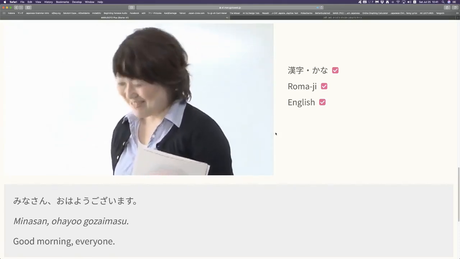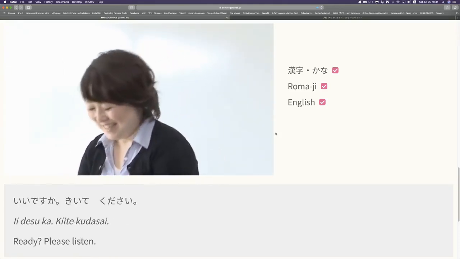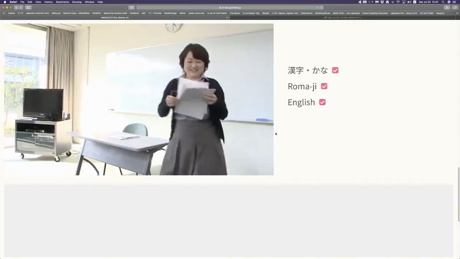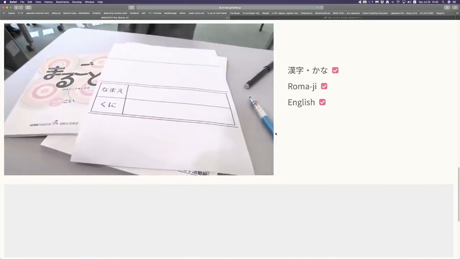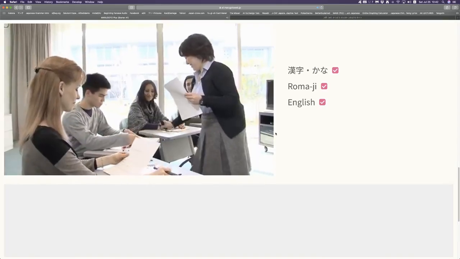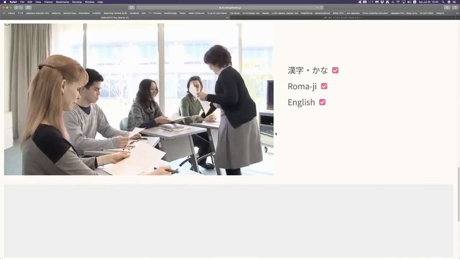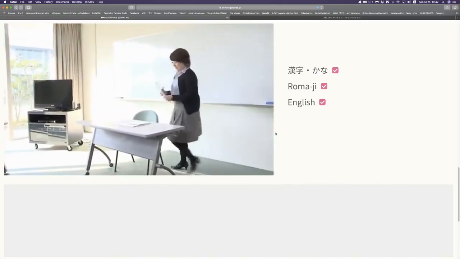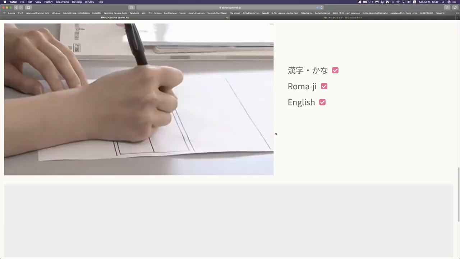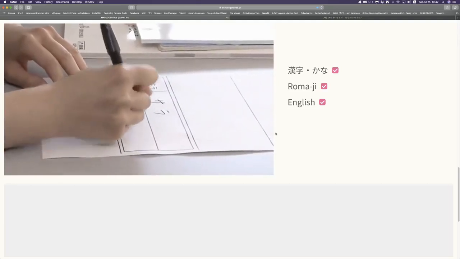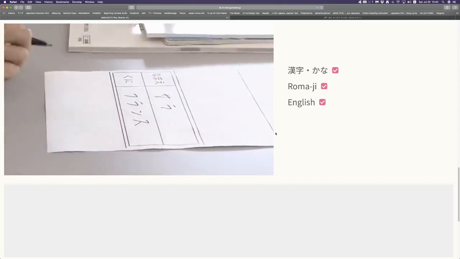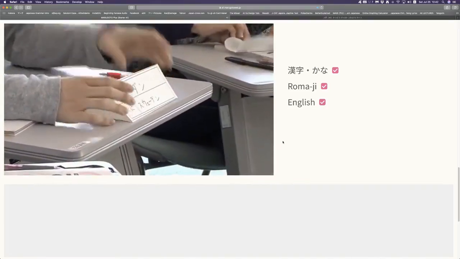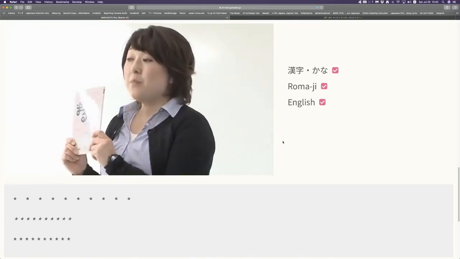皆さん、おはようございます。 おはようございます。 いいですか？聞いてください。ここに名前と国を書いてください。では皆さん、4ページを開けてください。